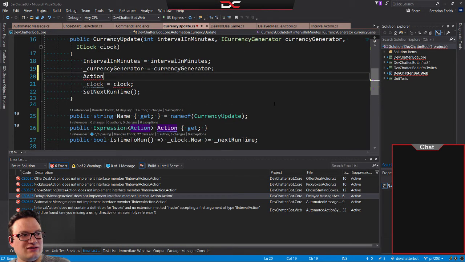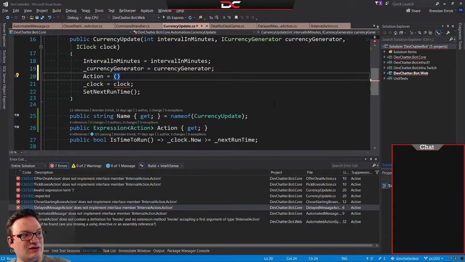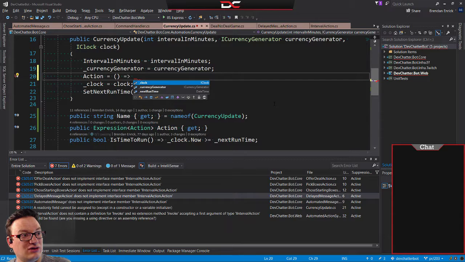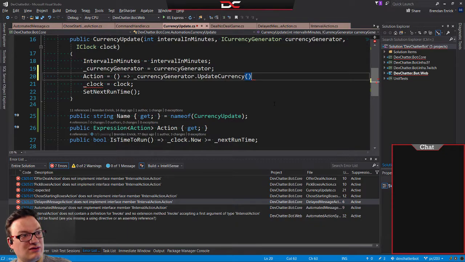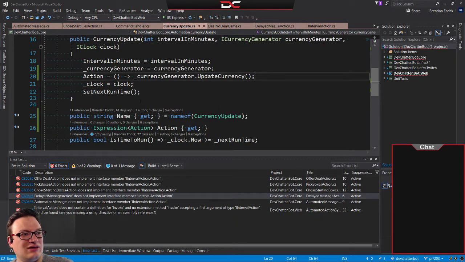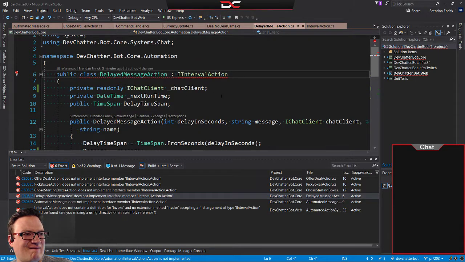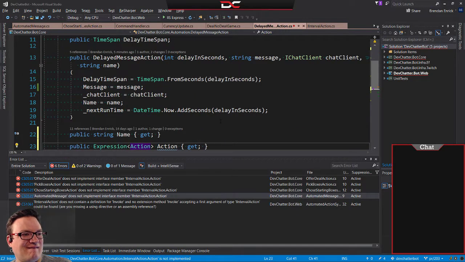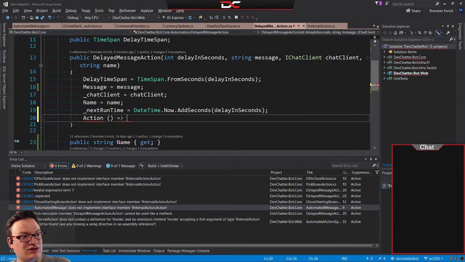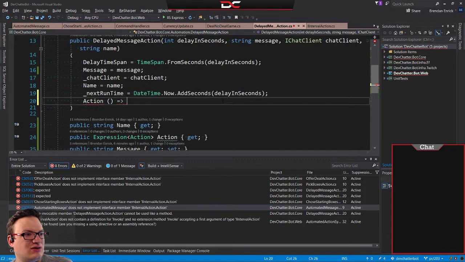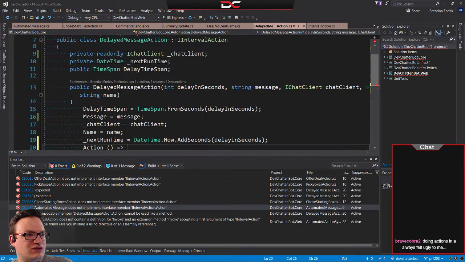So we just say this equals that fat arrow underscore currency generator dot update currency. And I think we can get away with that. It's not ideal, but I think it works. So if we do this in each spot and then just say whatever the invoke is, which is